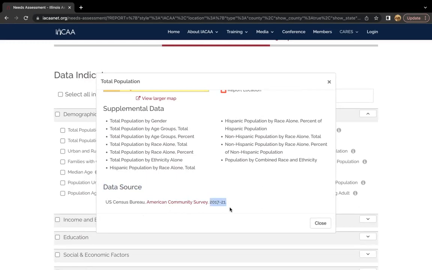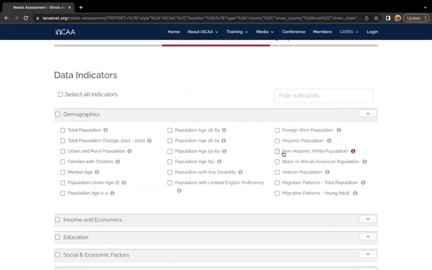So as some of you guys may know, the 2017 through 2021 5-year estimates for the American Community Survey are our most recent data release from the U.S. Census Bureau's American Community Survey. So note that these data in the community needs assessment are always going to be as up to date as the data source. Our data team has to go through a process and clean and aggregate new data releases. So anticipate when there is a new release, a 2 to 3 week lag.